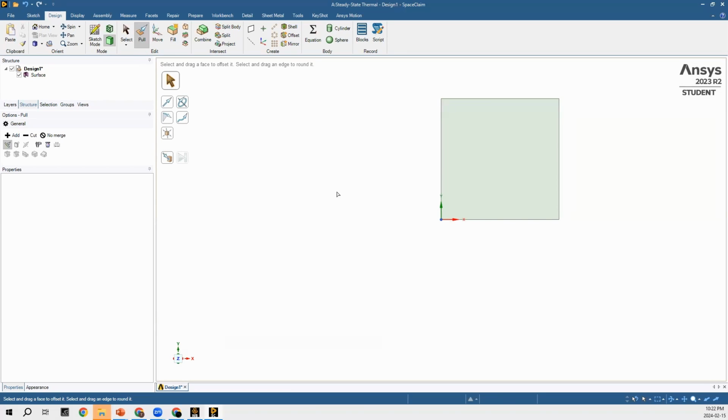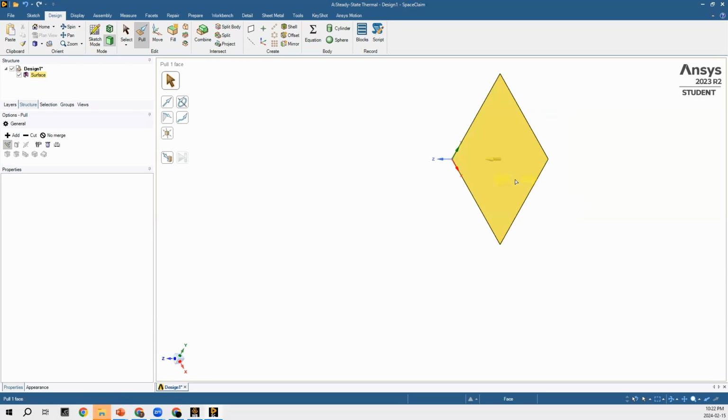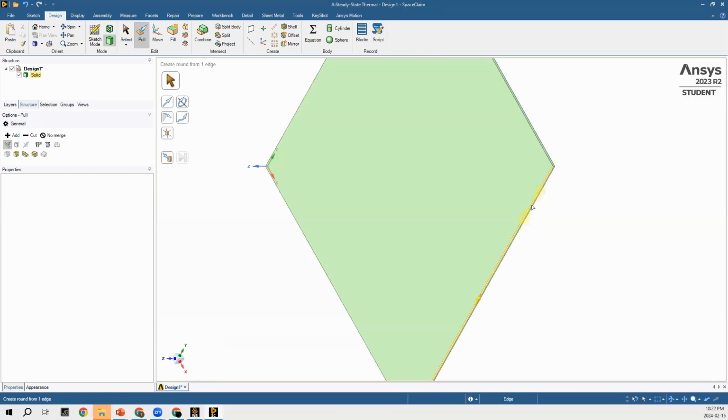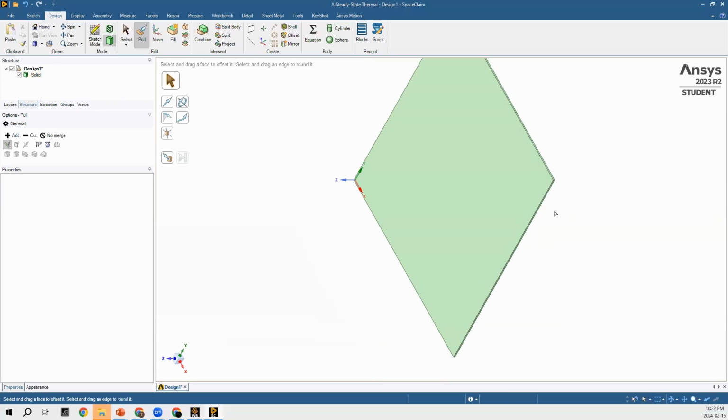in my toolbar. And I'm going to press on the coordinate axis so I can see it a little better. I'm going to grab the surface with the pull command by holding left click, and I'm going to insert my dimension as I'm holding left click to be 6.35 millimeters, again, representing 1/4 inch. And as you can see, we now have a 3D solid from the 2D surface that we used to have. Next up,